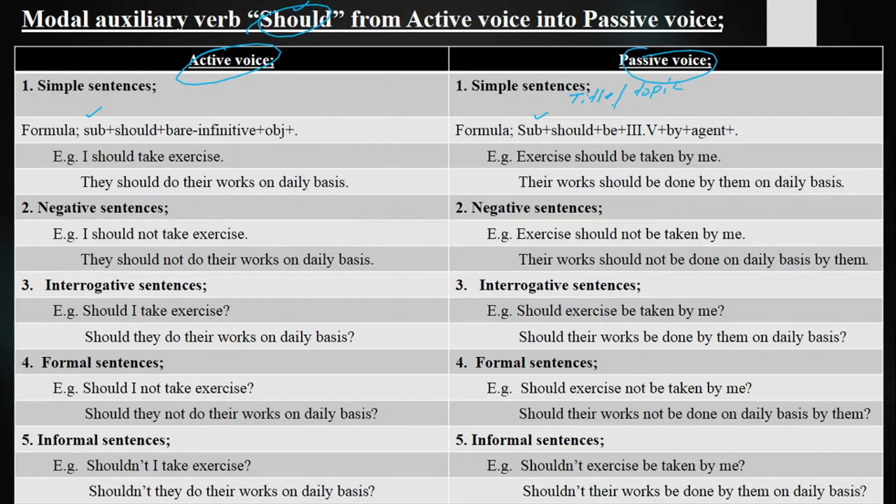And we have already discussed what the difference is between the doer of an action subject and the title subject which we are talking about. You can see my previous lectures where sentence and parts of sentence we have discussed in detail. In active voice, what are simple sentences? Those sentences which make simple statements are called simple sentences. Formula for them is, in active voice, subject plus should plus bare infinitive. After modal auxiliary verbs we use bare infinitive. What are bare infinitives? These are